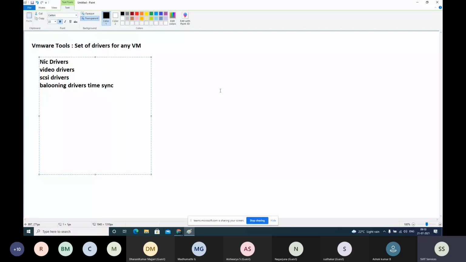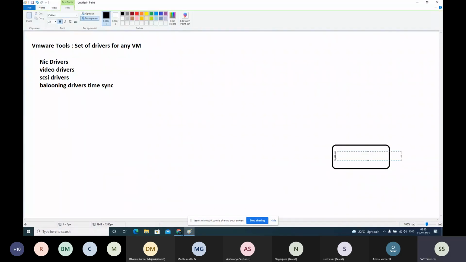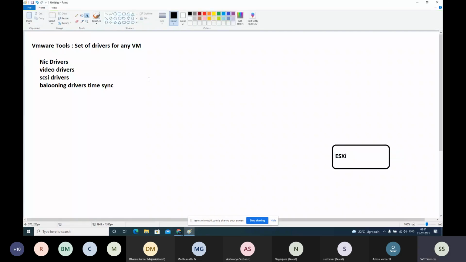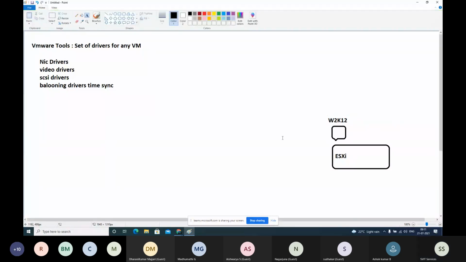Okay, let's say you have an ESXi machine. If you install a virtual machine with Windows OS, let's say Windows 2K12, 2012, 2K16, 2016. K refers here to 2000. In real time, we use this word, that's why I'm using these names. 2K12 operating system means Windows Server 2012 operating system.